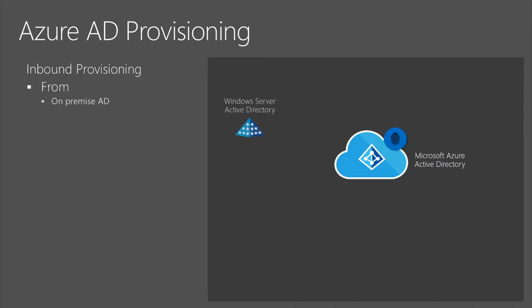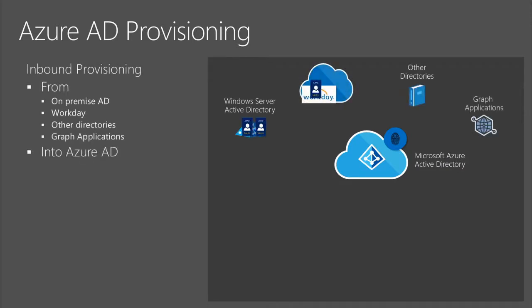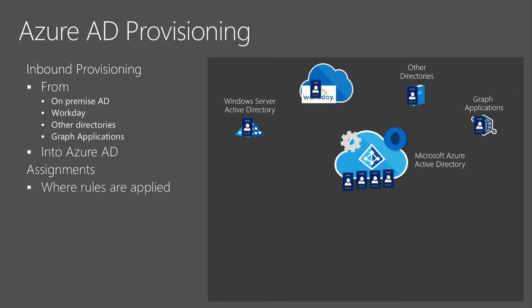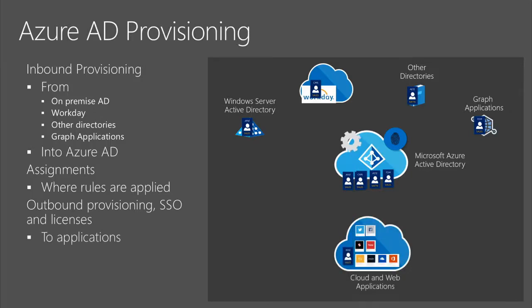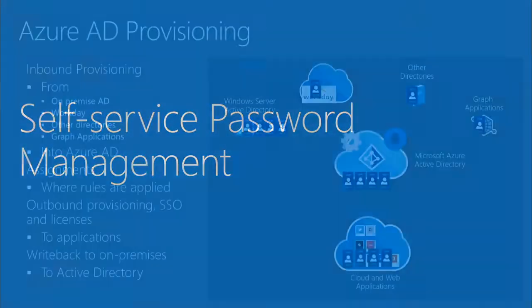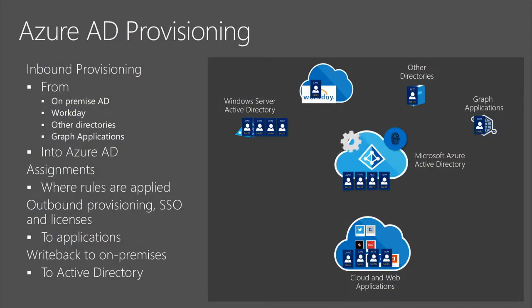Azure AD now becomes kind of your hub, right? You can provision accounts into Azure AD from a variety of sources. Accounts show up there based on the rules that you define. We process those rules for you on an ongoing basis. And based on those rules, we push out to the applications. And as I mentioned before, based on those rules, you can also decide to write back to AD on premises. So that's a big picture. Now, each and every one of these things can be done in less than 5 minutes. The collection will take you 25.